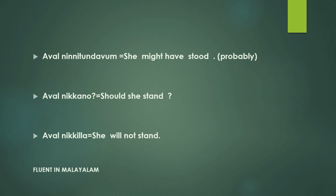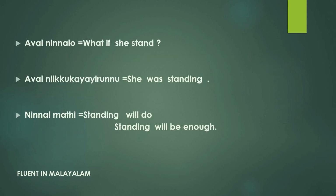She will not stand. Aval ninnalo, what if she stands? Aval nilkugayayirunnu, which also can be aval nikkugayayirunnu, she was standing. Ninnal madi, which means standing will do or standing will be enough. Those were the 15 sentences using